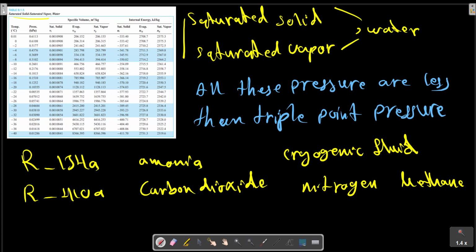In each case, only two tables are given: saturated liquid vapor listed by temperature and superheated vapor also in the